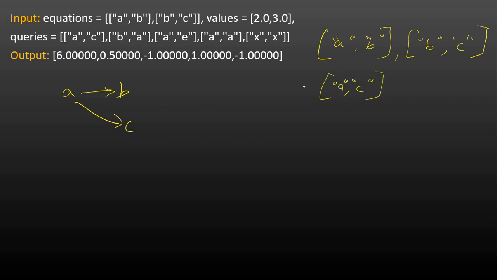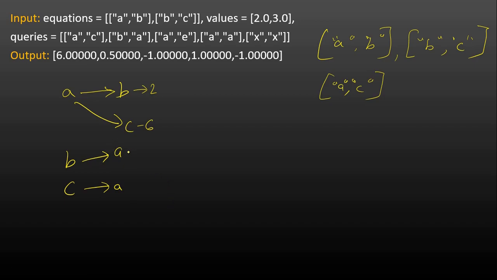So A is having equation of B and C. So A can point to B and C, and then A to B, the corresponding value I can store in one map. So here let us say it is 2 and A to C is let us say 6. Similarly for B it can have A currently, and for C it can have A,